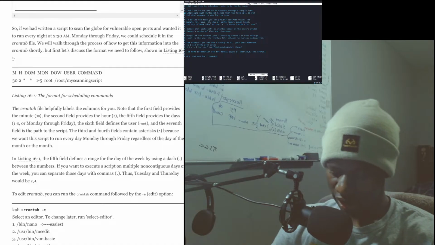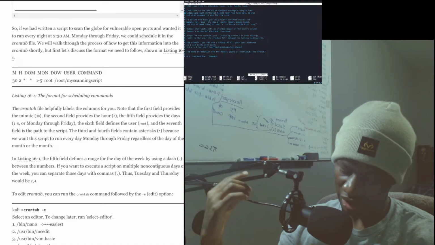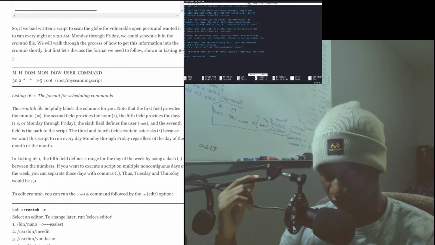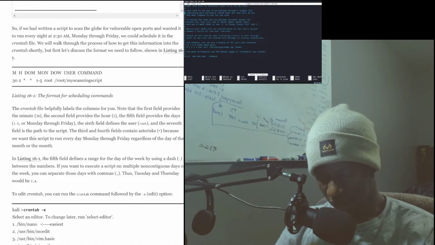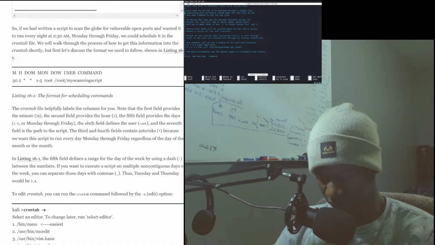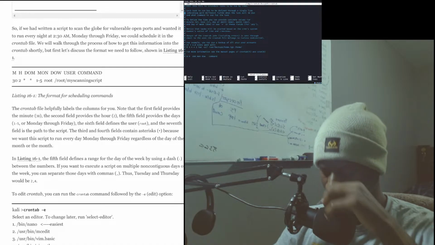The first time you run this command, it will ask which editor you would like to choose. The default is Nano. The option tells you it's the easiest, and if you choose this option, the terminal will open directly to the crontab. Another option, and often a better one for newcomers to Linux, is to open the crontab directly to your favorite text editor, which you can do like this. Leafpad, nah. I prefer Nano.